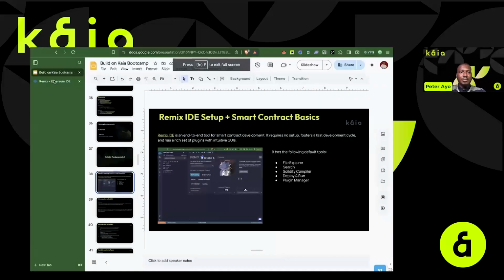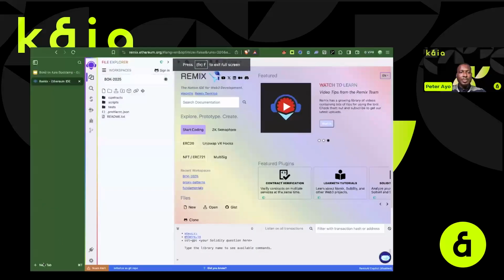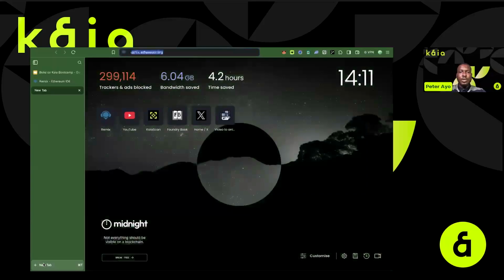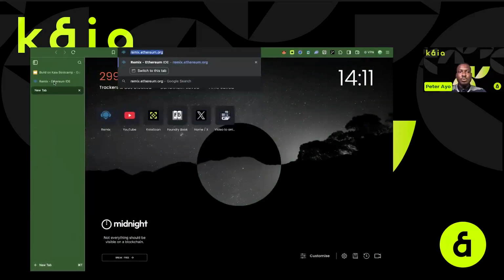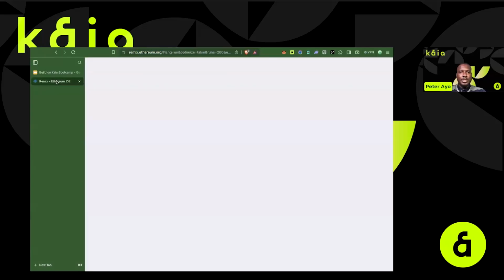And to do that, you're just going to type remix.ethereum.org, right? Like this, remix.ethereum.org. And it takes you to this